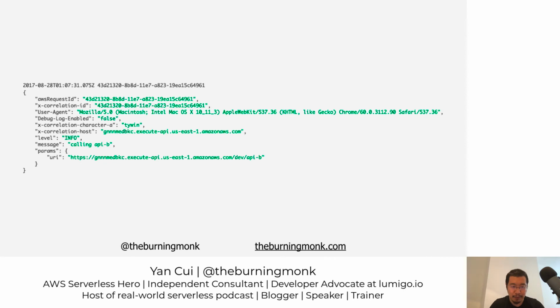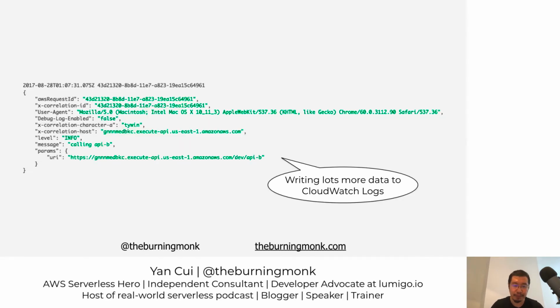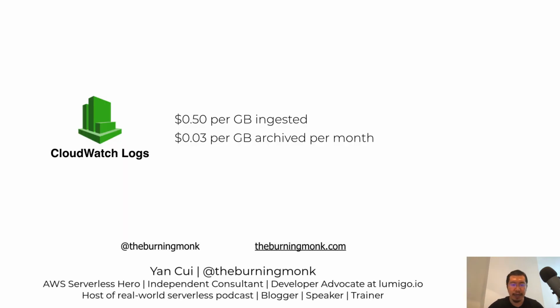So in this case, we are writing our logs in the JSON format, which makes them really easy to interpret by machines, so that when we send them to an ELK stack or using an ELK-like service like logs.io, it becomes really easy for us to filter on different attributes of that message. The one downside of doing structured logging is that now you're writing a lot more data to CloudWatch Logs, and as I mentioned before, there's a cost associated with